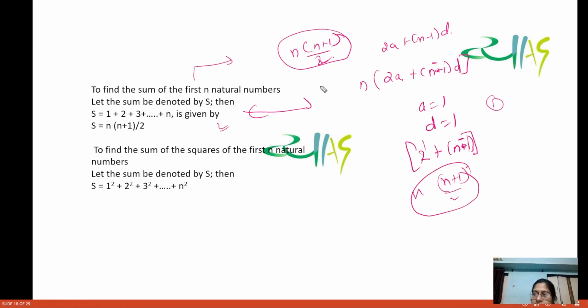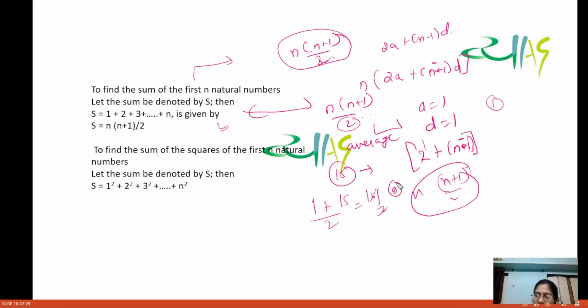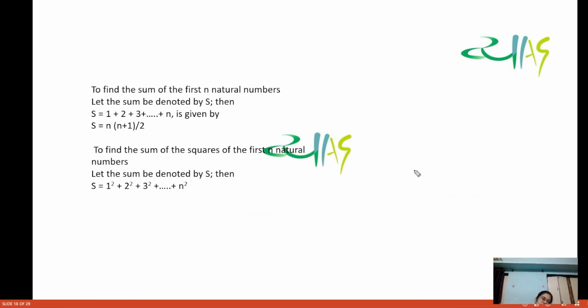First n natural numbers का sum क्या है? n(n+1)/2 कर लीजिए। यह basically first n natural numbers का average होता है। For example, अगर मैंने बोला कि पहले 15 natural numbers का average बताइए, तो पहला term 1 है, आखिरी term 15 है, average 16/2 यानी 8 हो जाएगा। और 8 into 15 कर लेंगे तो हमें sum मिल जाएगा। तो natural numbers के साथ बहुत ही simple है।